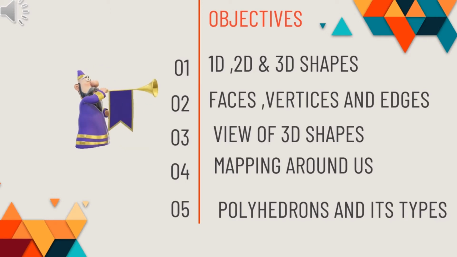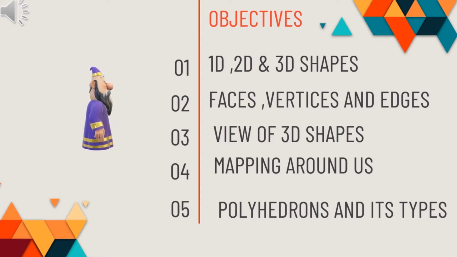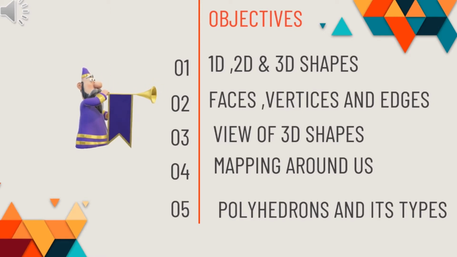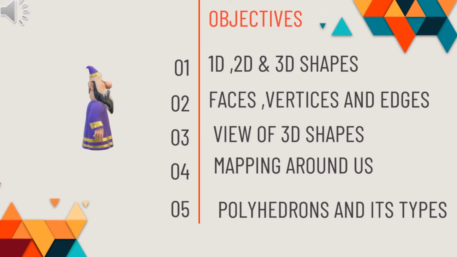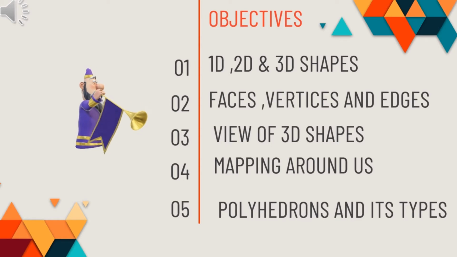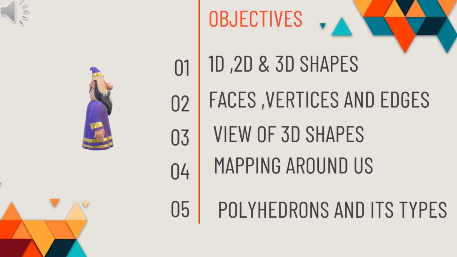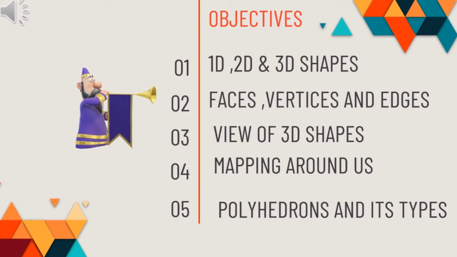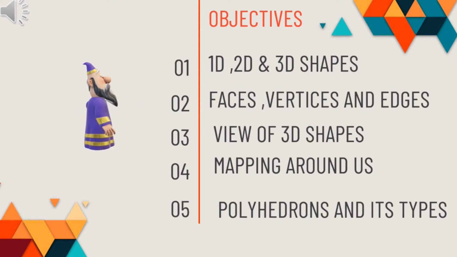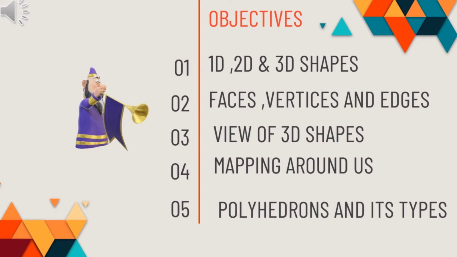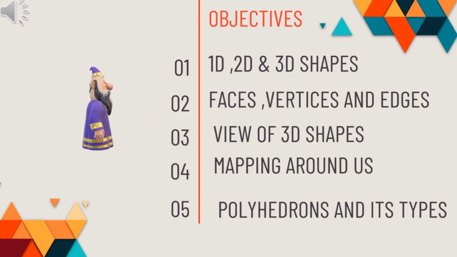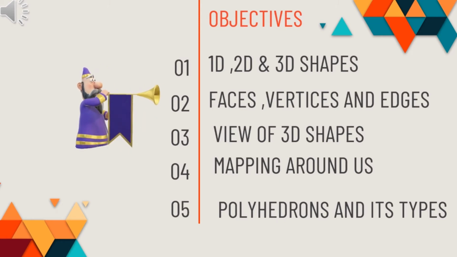Then we will learn about maps. As you all are very familiar with maps and geography, but how do we read maps in perspective to maths? Or what questions can be answered, what information does a map have and what it does not have will all be shared in this chapter. Is a map different from a picture? This will also be answered. And finally, we will be learning about polyhedrons and their types.